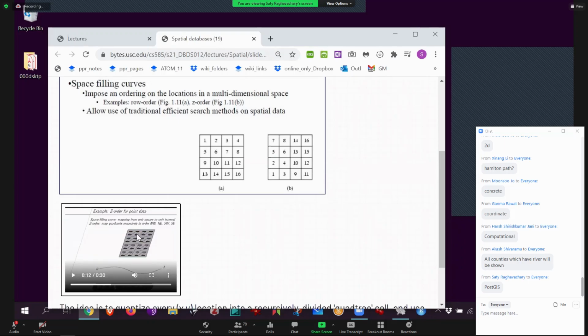Then if you give me some point and I ask you, what is the building near me? I first start at the largest level, and I ask what segment of the Z should I look at? And then it's only going to be 1 or 2 or 3. I pick the first, it's going down in 3. Then for that first segment, I say there's still three more at the lower level. Which one should I pick? So I'm going from that biggest Z to a smaller Z to an even smaller Z and quickly finding what I want. So it's a one-dimensional curve that is actually useful in 2 dimensions. It's a very weird idea, okay?